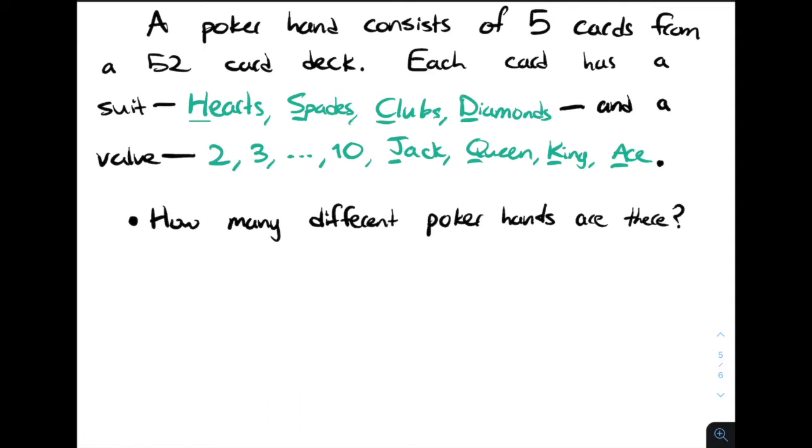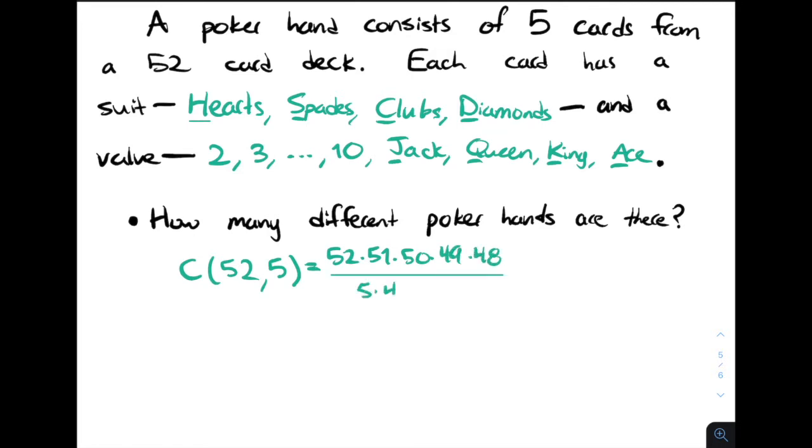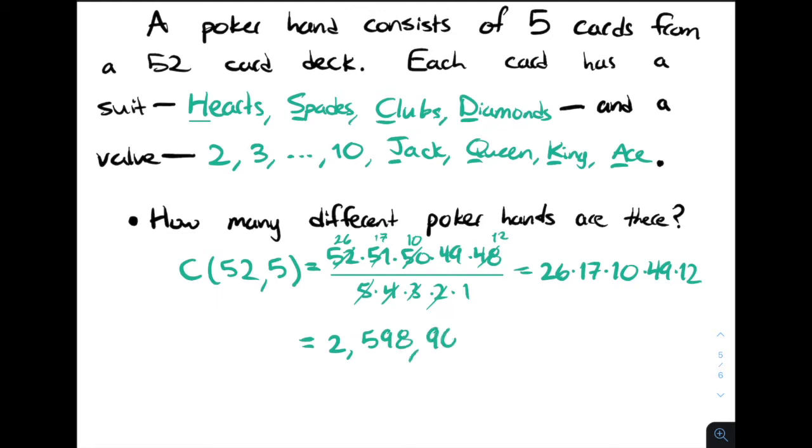Because there's 52 cards available and a poker hand consists of 5 of them, the answer is 52 choose 5. This is 52 times 51 times 50 times 49 times 48 divided by 5 times 4 times 3 times 2 times 1. Some cancellations gives us that this is equal to 26 times 17 times 10 times 49 times 12, and altogether equals 2,598,960. This will be a helpful number to keep track of as we work through the probabilities of different poker